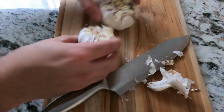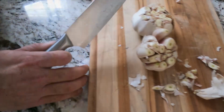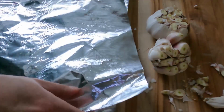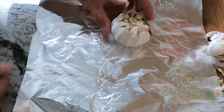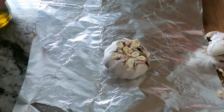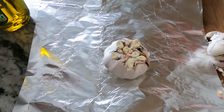If you're going to roast the garlic in a fireplace, you're going to want 2 sheets of aluminum foil. This helps to protect the garlic from scorching and burning, and it provides just another layer of insulation between the garlic and the fire bed. So grab 2 sheets of aluminum foil. It's easiest to just stack them right on top of each other, and then you can create 2 pouches around each head of garlic. So put one of the heads of garlic directly in the center of the aluminum foil,